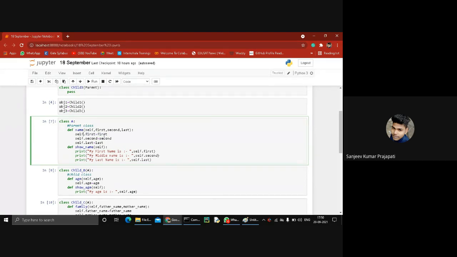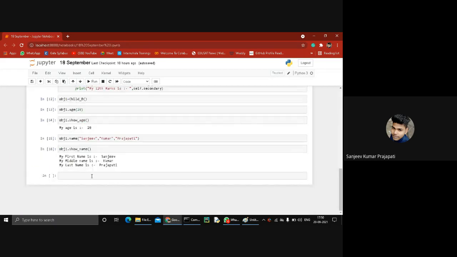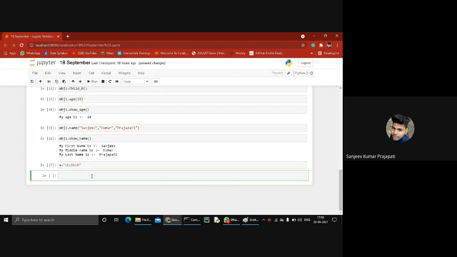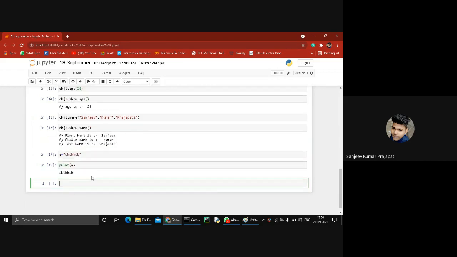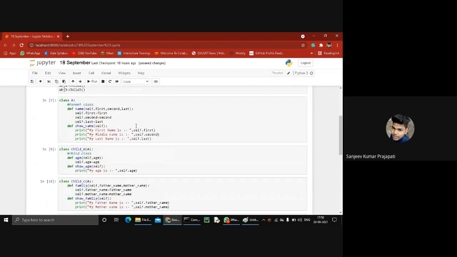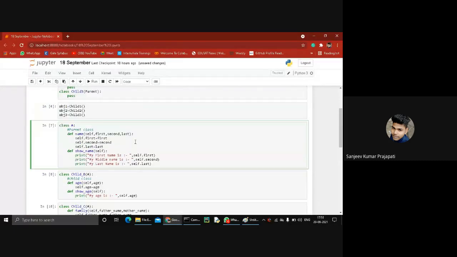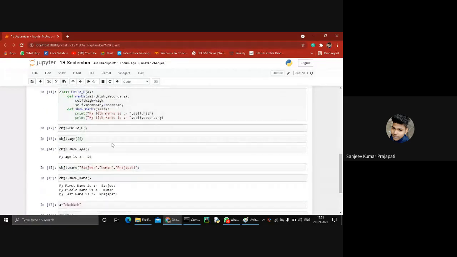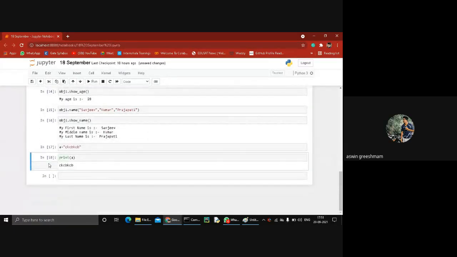So it's defined. Okay, sir. When we use a different thing, for example creating another variable like this and print a, it's printed. But in this section, when we use self.first, it means we are working on class object and inheritance and something like that. Okay.